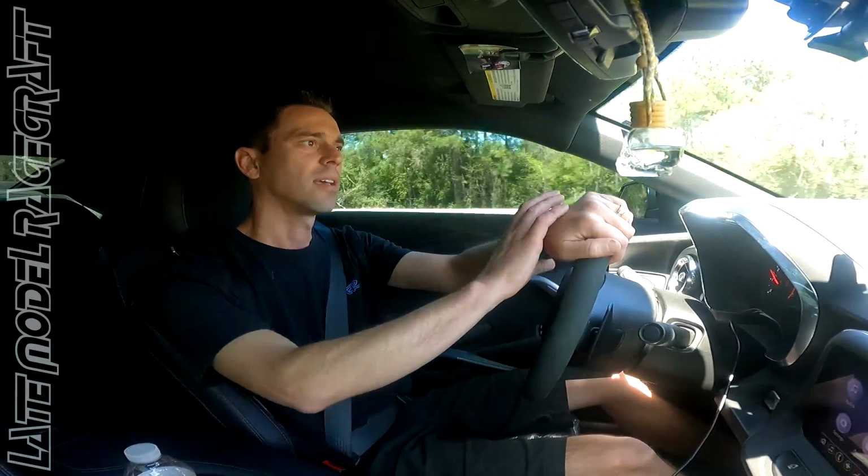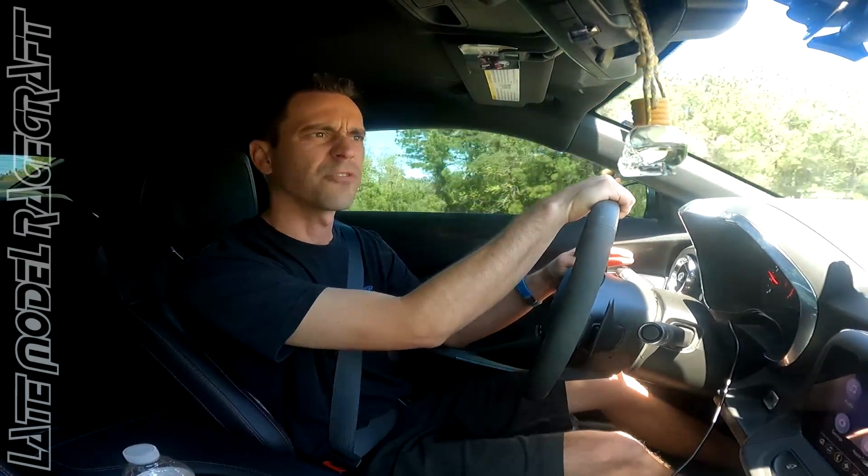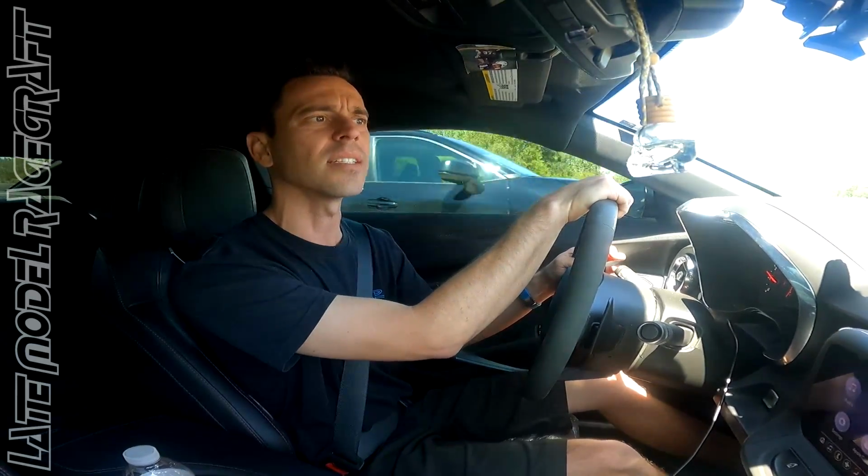Higher number, I don't want to tell y'all right now, but this thing ripped. It spun like crazy in third gear, as expected, with the kind of torque this thing makes. Again, put a nice toy on the back of it and it'll hook up perfect. And even spinning so bad, I think it was still roughly a 6, what was it, a 6.6 or a